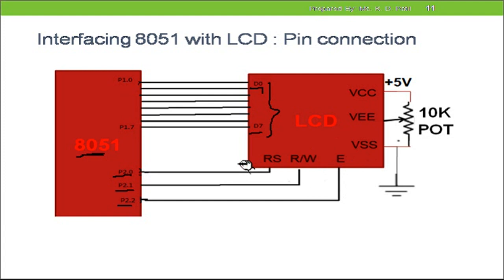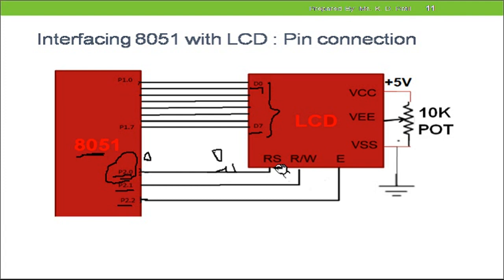Whenever I want to send some command or instruction to the LCD, in that case my register select pin should be 0. As pin P2.0 is interfaced with the register select pin, I want to make this pin low, that is 0. So I will use the instruction clear P2.0. Automatically this pin will get the value 0, and as it is interfaced with register select, it will get the value 0, which is expected for us to send the command.